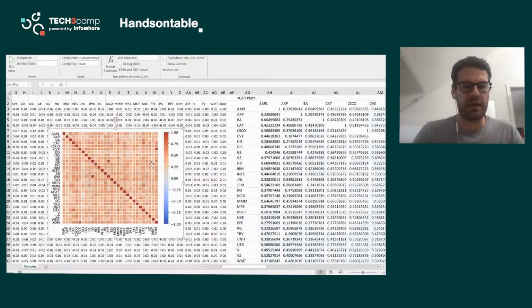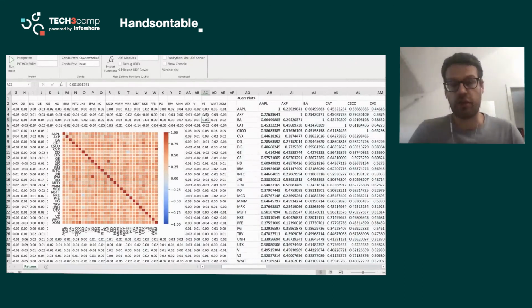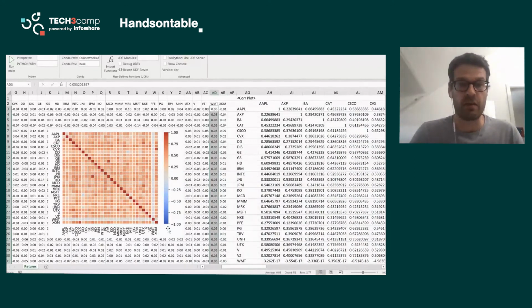So this here, again, you will find the source on GitHub, is really just using some matplotlib function and pastes the picture then in Excel. And the fun part about that is that if you change your underlying data, the chart updates itself also on the side of Python. And I believe I'm running out of time, but I hope that these few